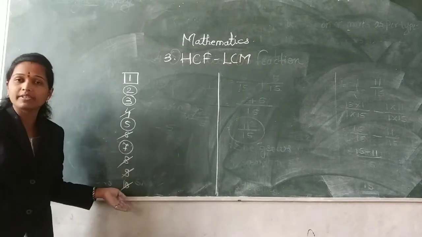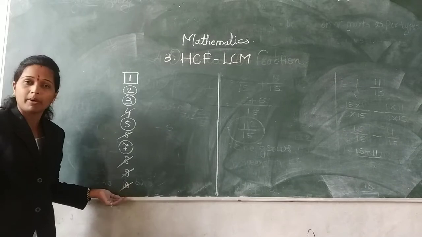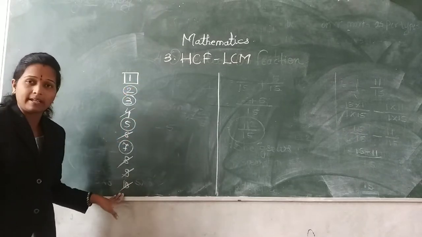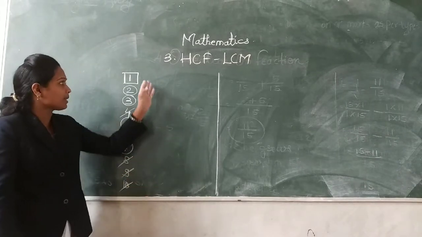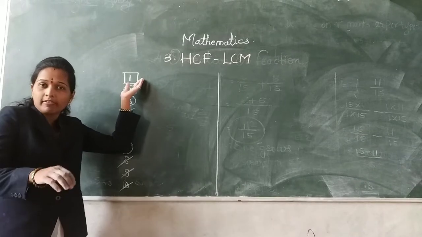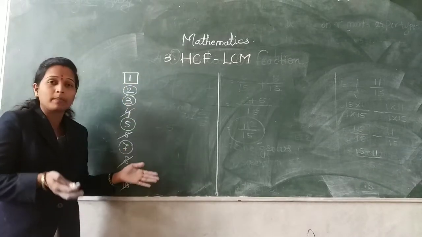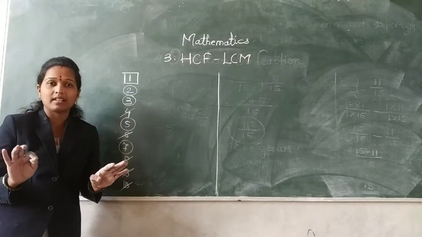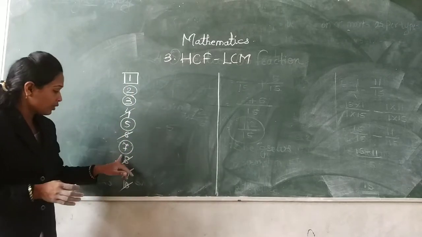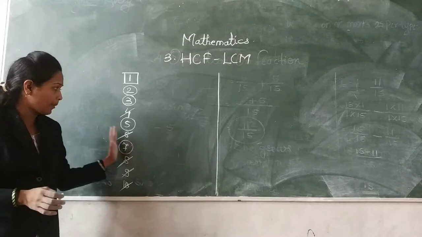Why are these composite numbers? Because if you take the example of 10, it occurs in the table of 1, 5 and 10. So teacher, how is it possible that 10 occurs in the table of 1? Whenever we are counting, 1, 2, 3, 4, up to infinite numbers, all those numbers occur in the table of 1. So these are called composite numbers.